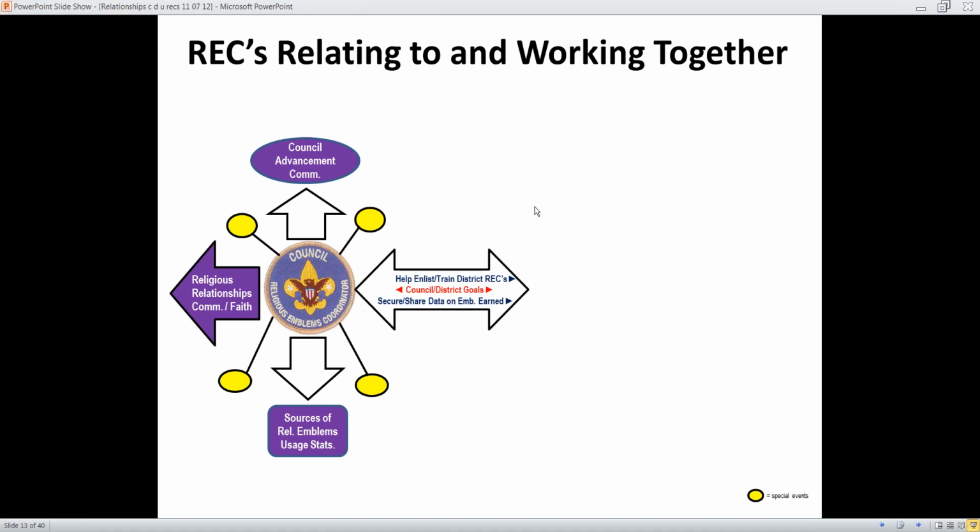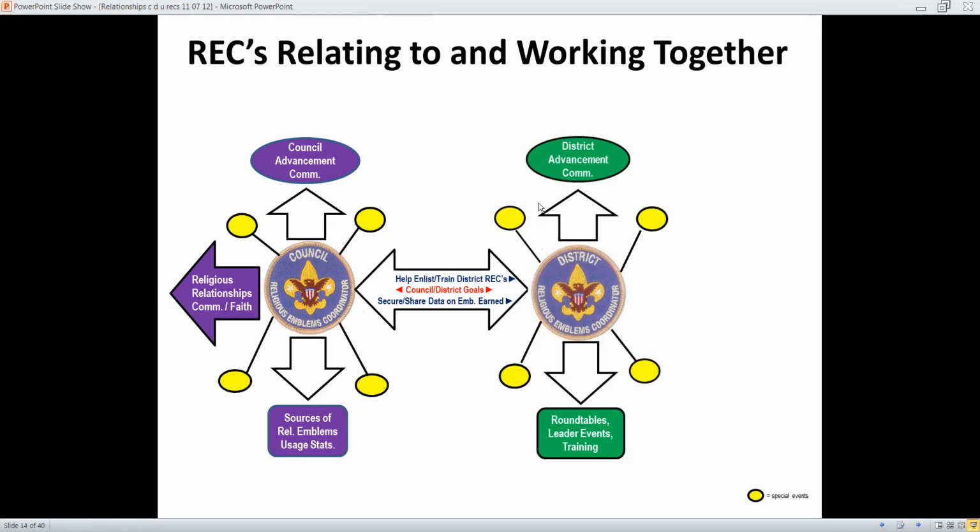And then an arrow, a two-way arrow, as you would notice, they can be a lot of help in enlisting and training district religious emblems coordinators. Obviously, organizing, coordinating the setting of council and district goals, working with the district RECs, and securing data on religious emblems earned, as I mentioned earlier, and sharing that with the district REC. So that's the council